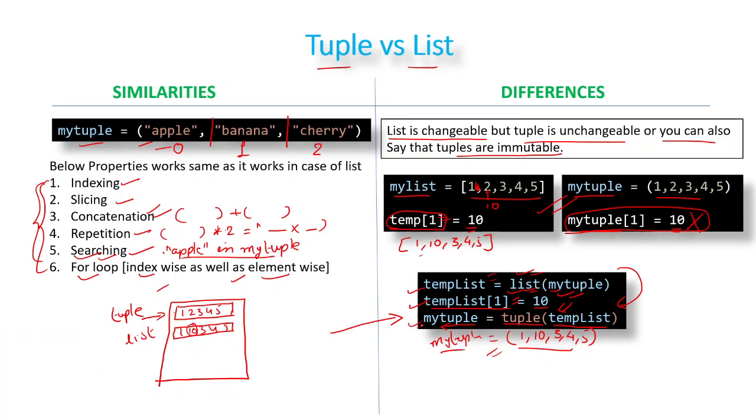Now when we do this third line, what happens? A new memory is being created where this list is converted to a tuple, and we assign this particular tuple 1, 10, 3, 4, 5 to our my tuple variable. So you can just check this. If you print the id of my tuple before it was changed, and you print the id of my tuple after it was changed, you can see that these two IDs are not the same. So hence you can get the idea that these two are different.